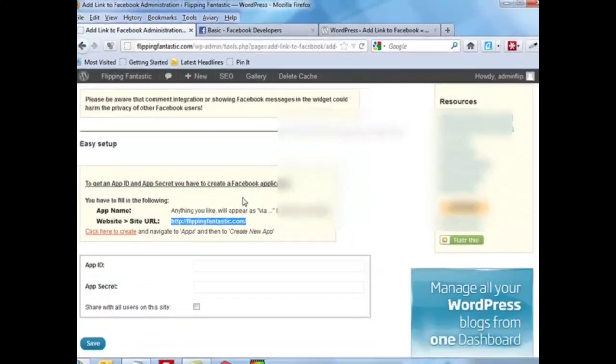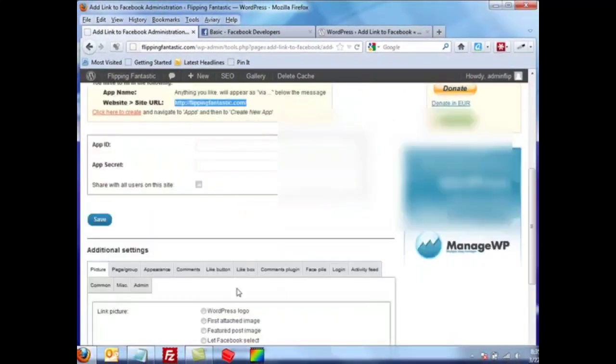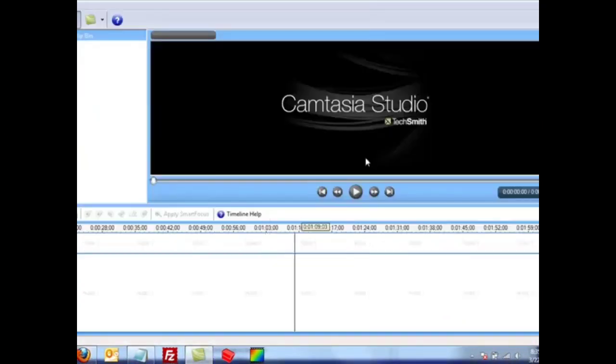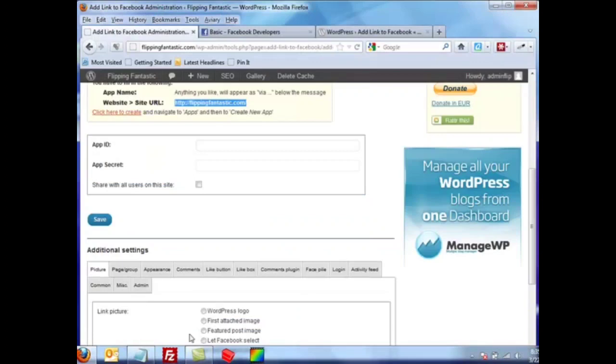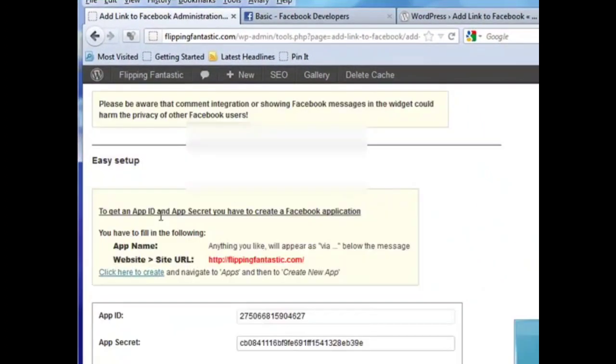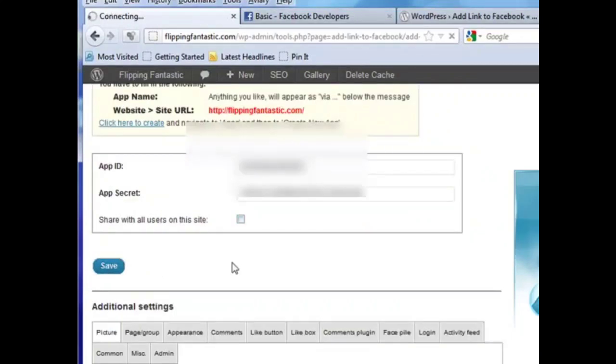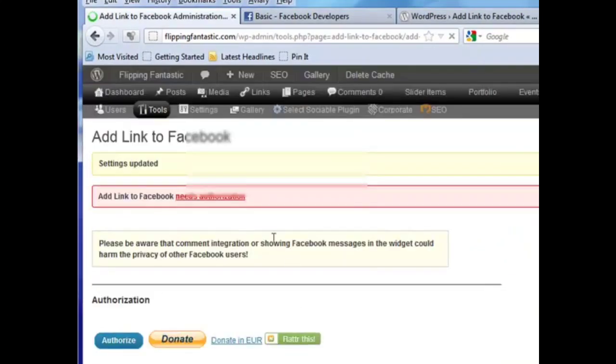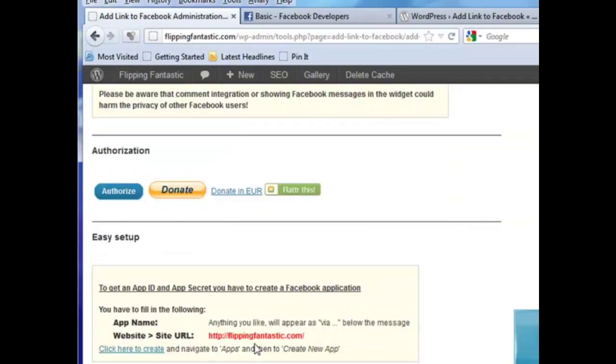I'm going to go back to this area. And here is where I'm going to paste. Whoops. I'm not going to click that box. I don't want to share with all users in the site. Now I'm just going to click Save. I'm going to get an error message that says I need authorization. So I'm going to have to go back